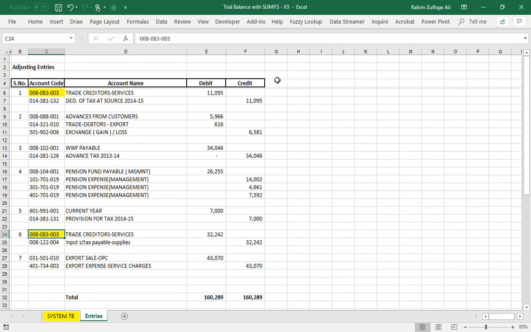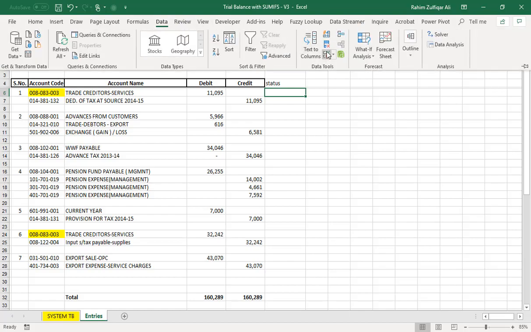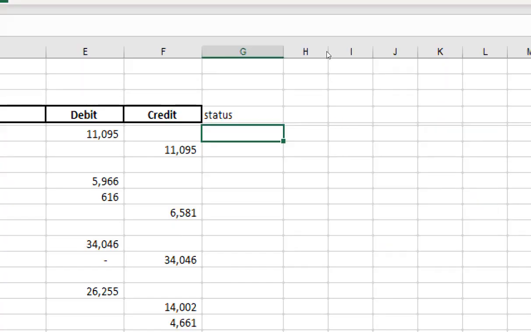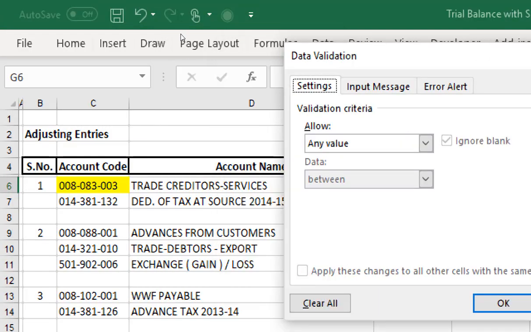So now we can control that with the help of data validation. We are creating one more column called status, and here we will be creating a drop down menu from the data tab, data validation. Alright, you will find this data validation window.